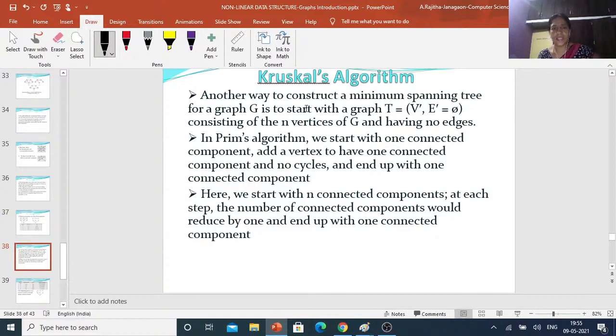And coming to the Kruskal algorithm, this is another way. Here first construct a number of components, and after that you combine all these components to make one single connected component. So in Prim's algorithm we start with one connected component and add a vertex, so every time we have only one connected component, whereas in Kruskal's algorithm there are a number of components, that means if 7 vertices are there in the graph, 7 components are there. Okay, all the 7 components you reduce to one component. So that is what Kruskal's algorithm is.